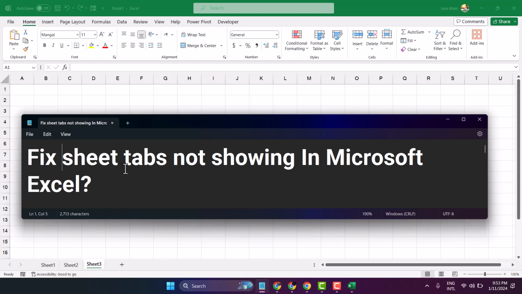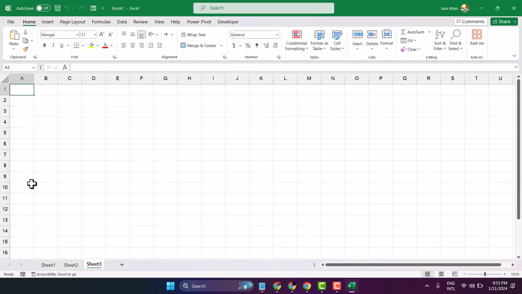Hello friends, in this video I will show you how to fix sheet tabs not showing in Microsoft Excel. So as we can see in this left side bottom corner, we are able to see this sheet tab, but in case you are not seeing this